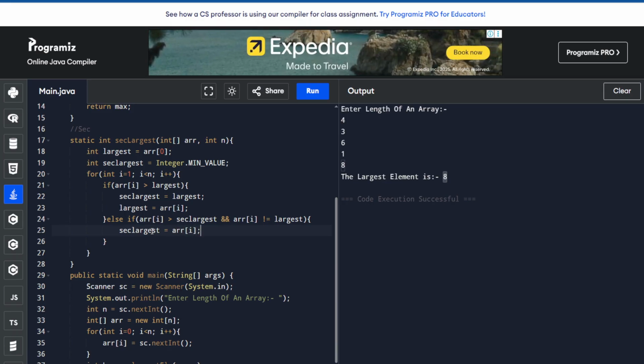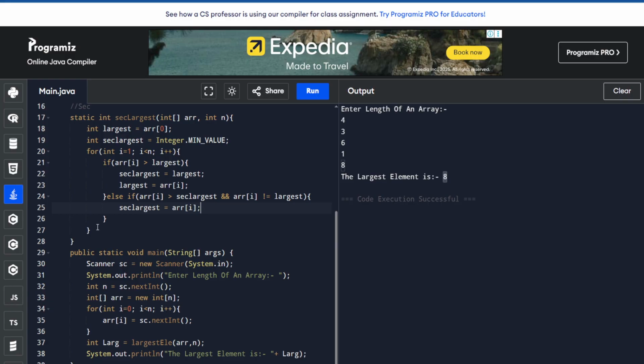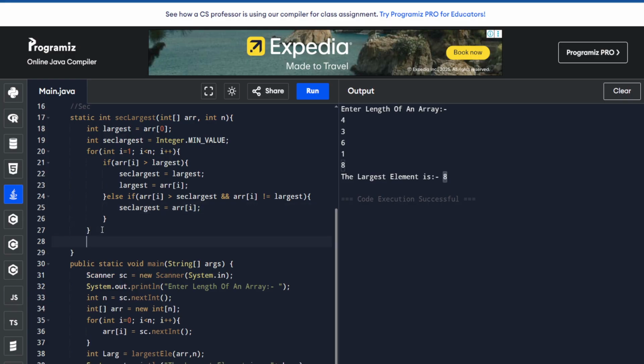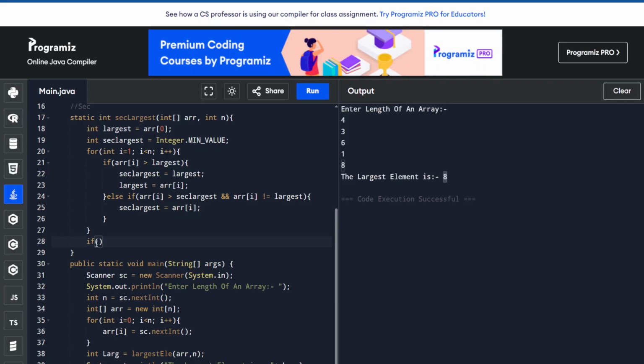And now we write another condition: if second largest is equal to Integer.MIN_VALUE,